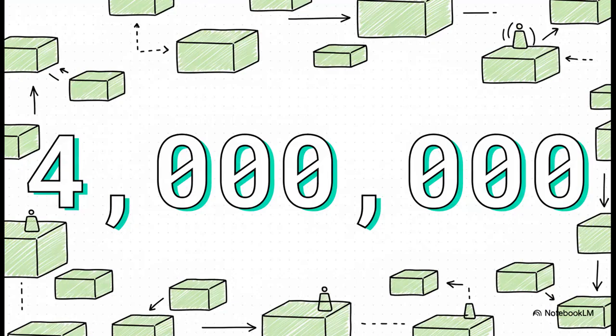And that limit? It's 4 million. But here's the catch. It's not 4 million bytes, it's 4 million weight units. That number, that 4 million, is the hard and fast rule, the absolute max for every single block. It's the one constraint that pretty much shapes everything else we're about to talk about.